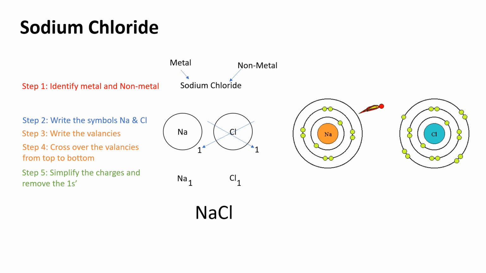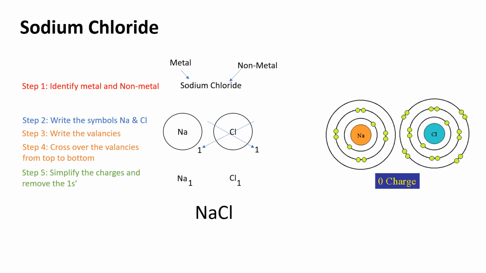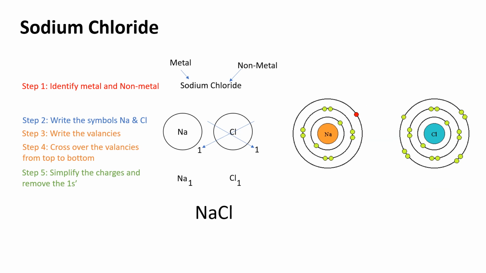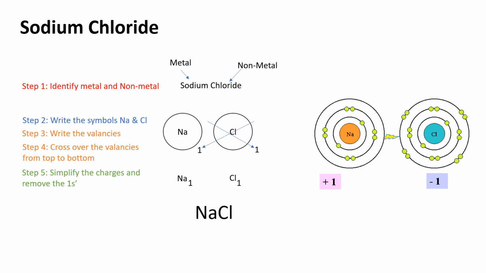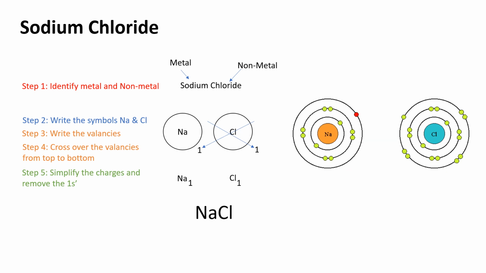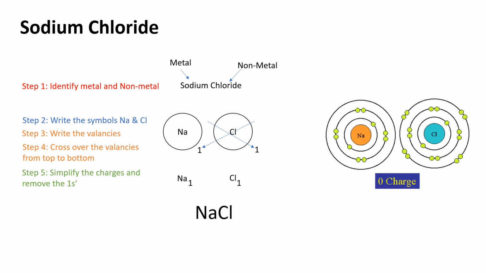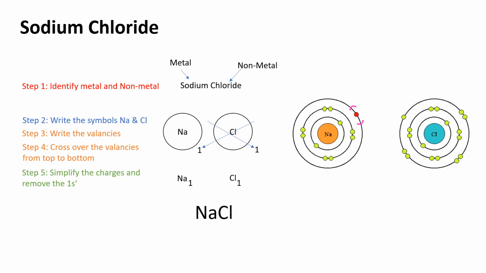Once the sodium atom donates one electron, it has 10 negatively charged electrons and 11 positively charged protons. So, now it has become a positively charged cation, that is sodium ion, which is denoted by +1 charge. Similarly, once chlorine accepts the one electron, it has 18 negatively charged electrons and 17 positively charged protons. So now it has become a negatively charged anion, that is chloride ion, which is denoted by -1 charge.